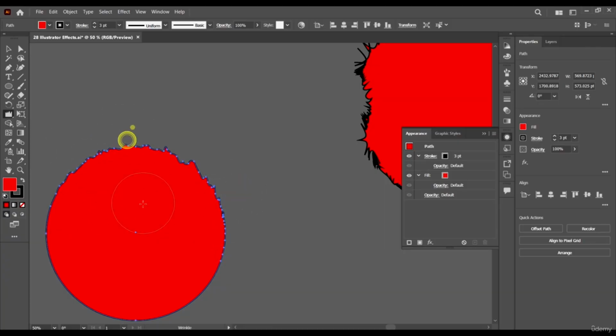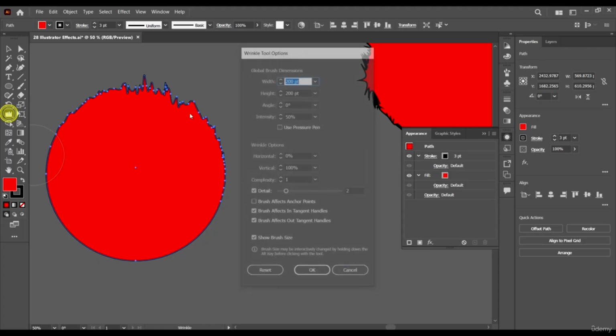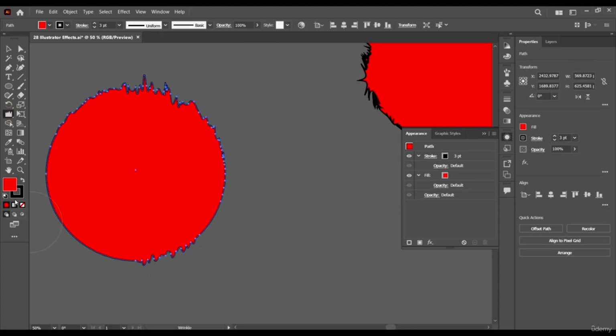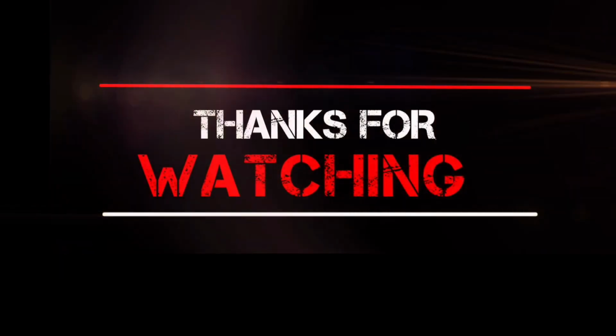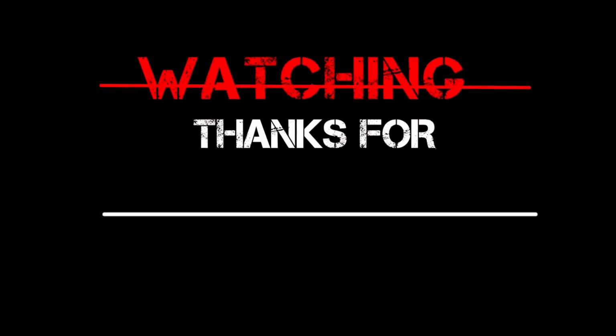Okay, it all depends on what you want to create. Okay, I'm just holding down on my mouse and releasing. You can increase the detailing and other options. We have the complexity, maybe you make it at 6. We have the horizontal 60, vertical 100, whatever. Okay, and see what it does. Okay, see, just messes up our shape, creates a whole lot